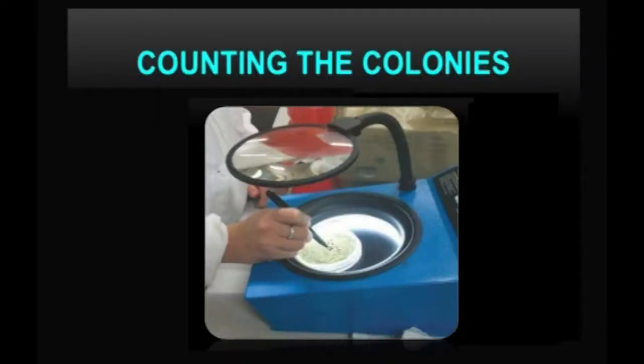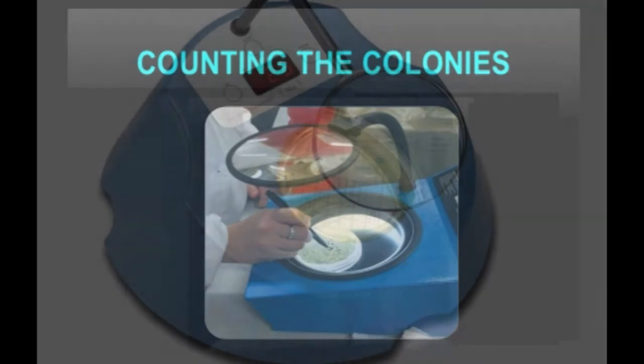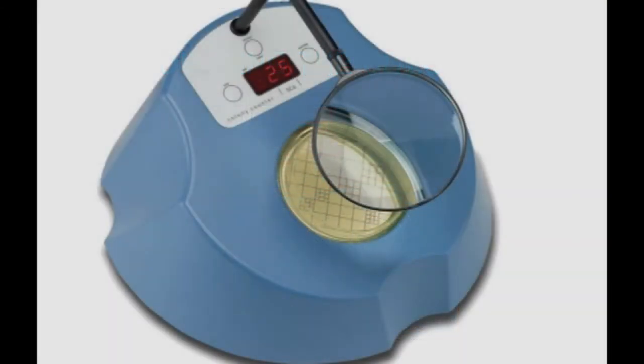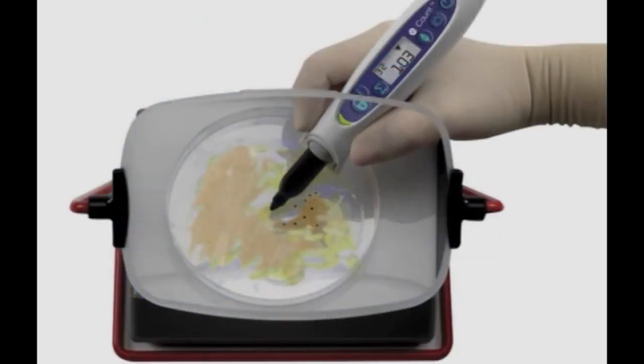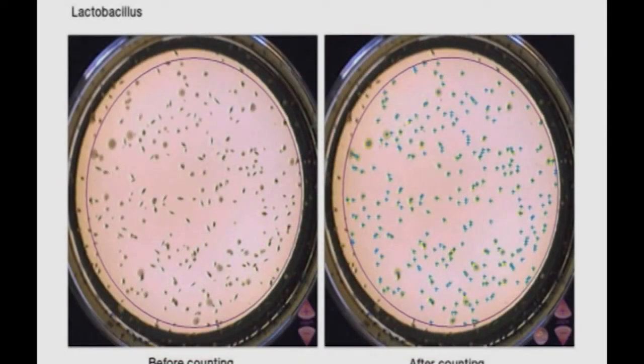Now we will learn about steps in counting the colonies by using a colony counter. Place the plate upside down on the colony counter. Turn on the power switch. This will illuminate the plate from below. Count the colonies while viewing the plate through the magnifying glass mounted above it. Mark the Petri plate over each colony with a marking pen to indicate which colonies have been counted. Use the hand tally provided to record the number of colonies counted. When done, record results in the table and properly discard the plates.